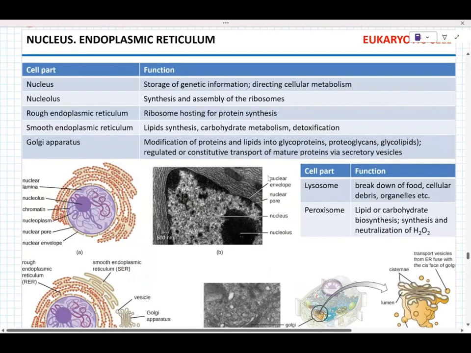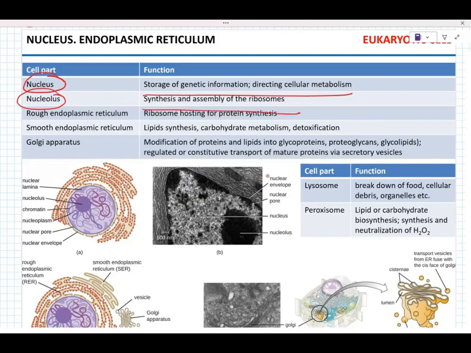Now, eukaryotic cell. I'm not going to go into much detail. Let me explain why. It's probably the 10th time we talk about the parts of the eukaryotic cell. I will 100% ask you to match the part and the function. Okay? Now remember I mentioned the importance of terminology. Terminology is important. Nucleus, nucleolus, and nucleoid are 3 different things. Just to keep in mind. Okay? So,